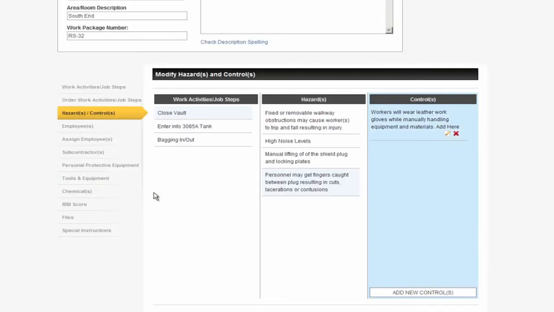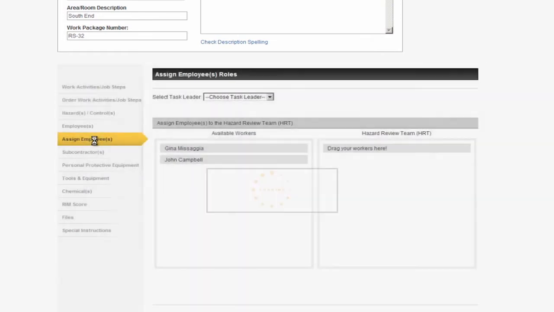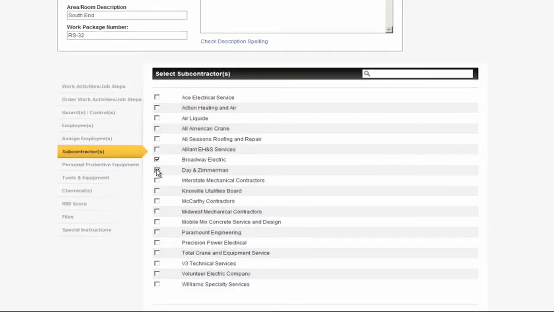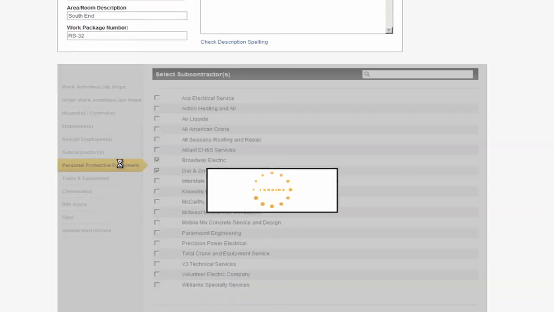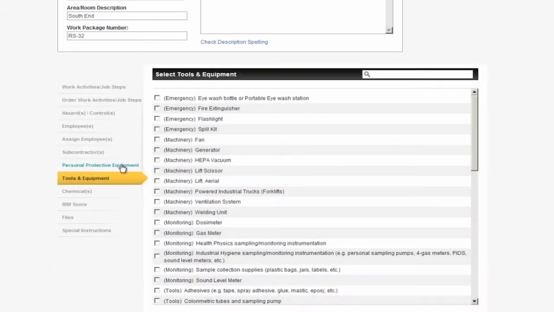As we continue to build the JHA, use the Employees tab to identify the individual employees, by name, who are actually performing the work. Then, select other individual personnel from available workers to serve on the Hazard Review team. Select all the subcontractors that are part of the project that will be impacted by the requirements of the JHA. Under the next three major headings, select all the relevant and appropriate personal protective equipment, tools and equipment,